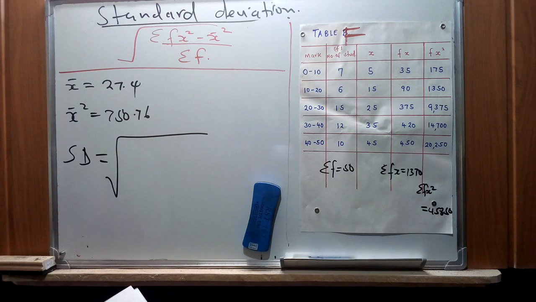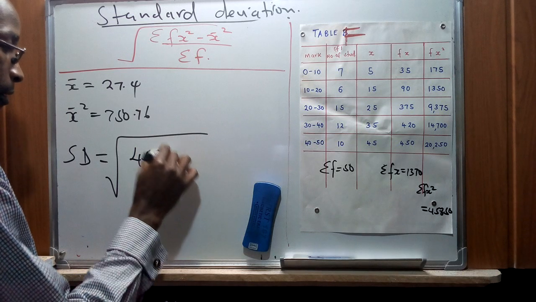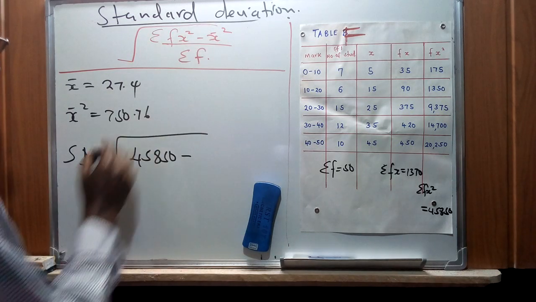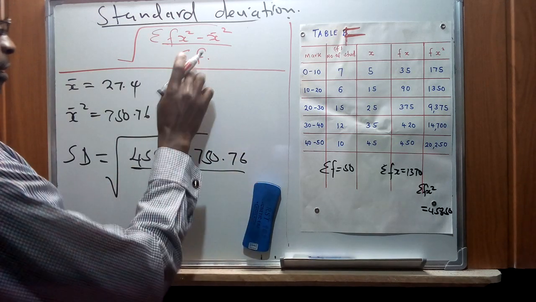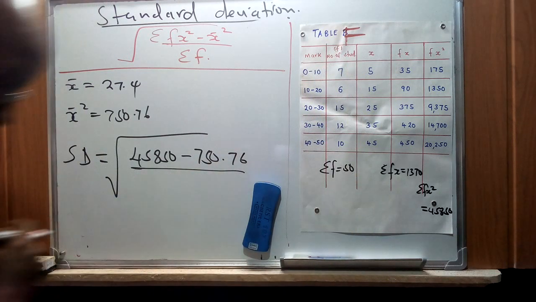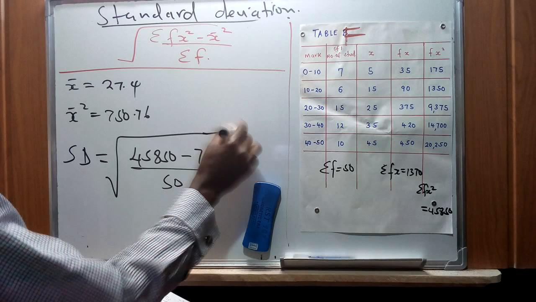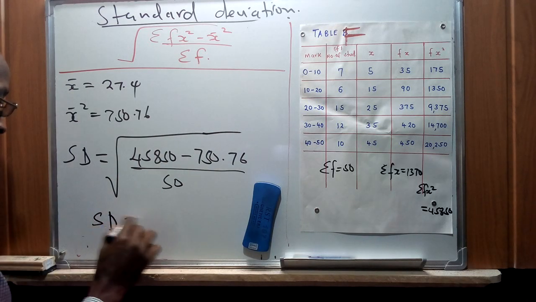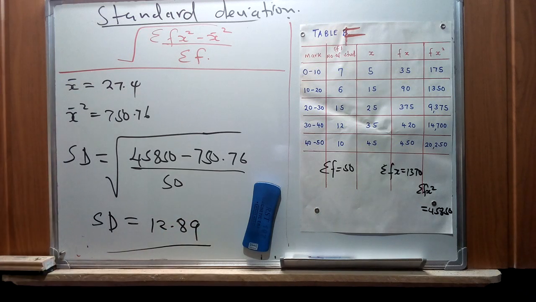which is the root of summation of fx squared, which is this one. Now that one is 45,850 minus 750.76, divided by summation of f, 50. So this one is going to give us a standard deviation of 12.89. So basically what is required of us is to be accurate on these figures,